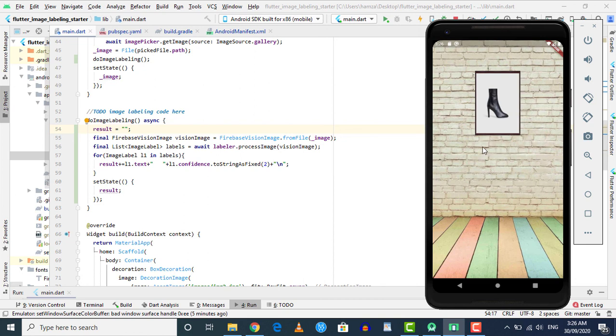project. So here you need to open the pub.dev website, which is the site which contains all the packages related to Flutter and Dart. So there you can search for different packages. So I'm gonna search for Firebase ML Vision. So when I press enter, you will see that I have this Firebase ML Vision as my first